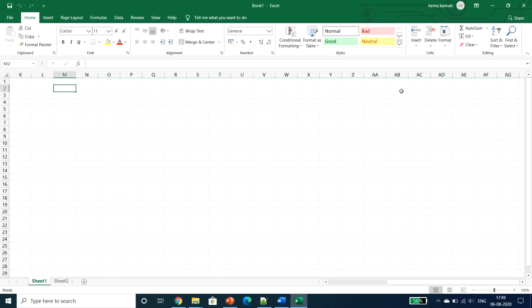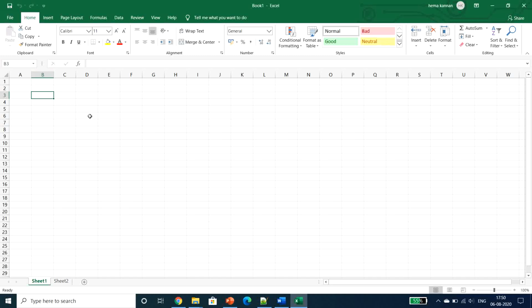Coming to the cell part, as I mentioned, columns have an alphabetical name, and rows will have a numeric one. So this cell will be denominated as B3, that is column B and the third row.